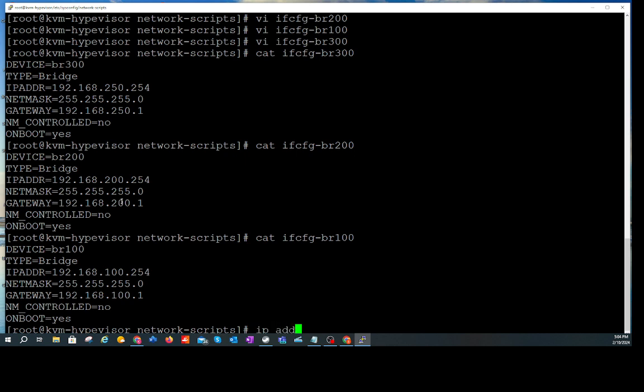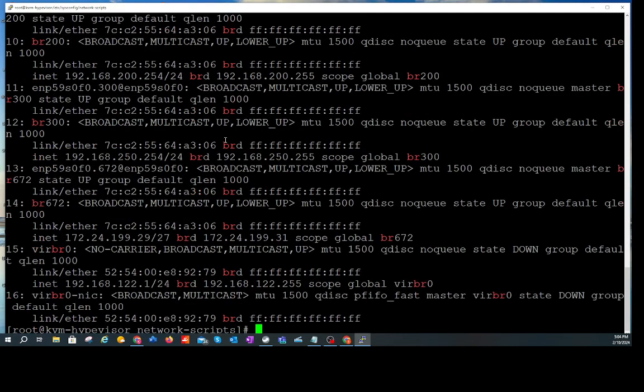So we can do an ip addr show, grep, and then BR. It'll show us all the bridges that are up. So bridge 200 is up, bridge 300 is up, and also bridge 672 is up, and so on and so forth. So let's clear it out,